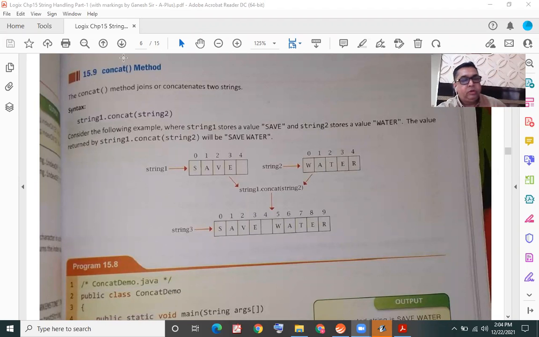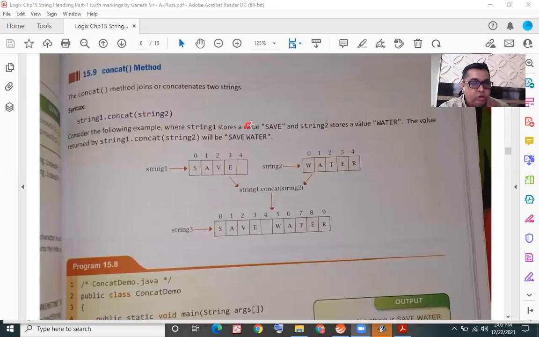I would like to speak a little bit about the concat method which we discussed last session. I did not discuss the example that the author has covered in the textbook. So I just saw that example, and one minute thing I just want to point out to you. If you see here in the explanation, the author has two strings.